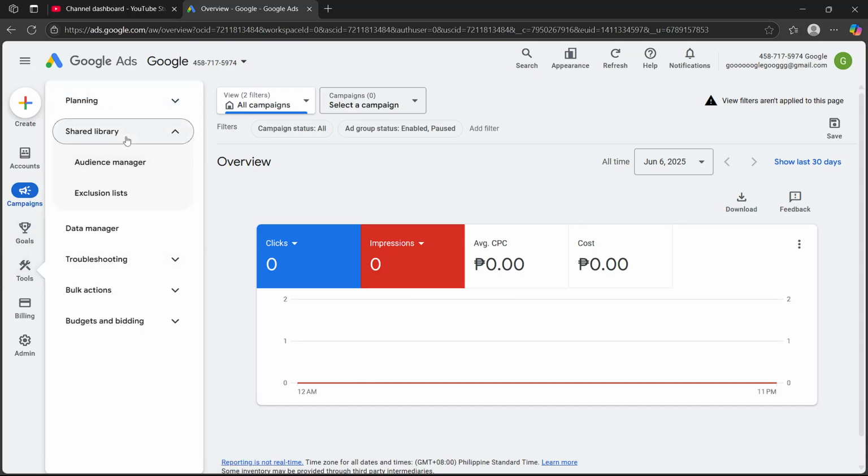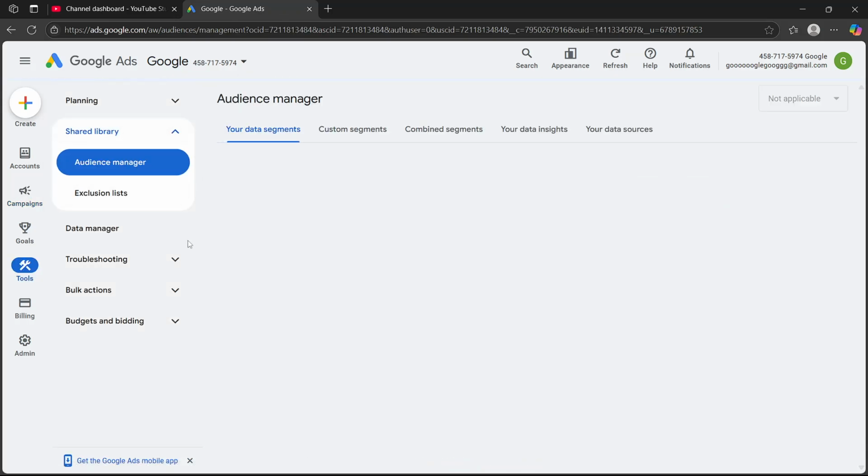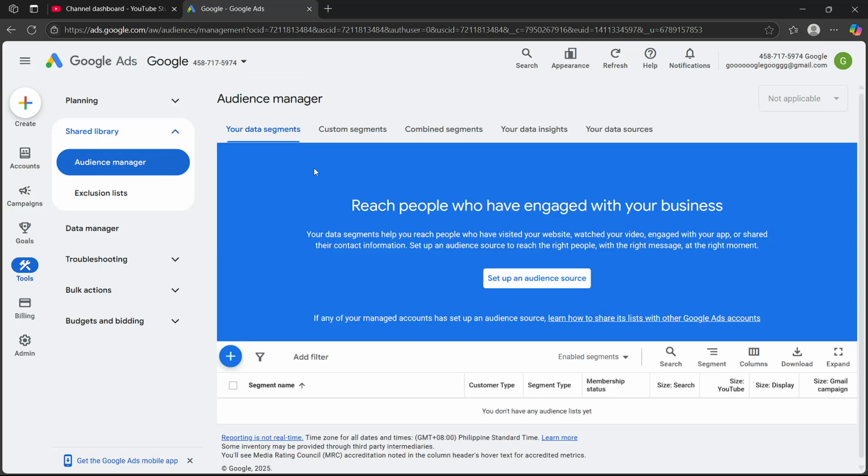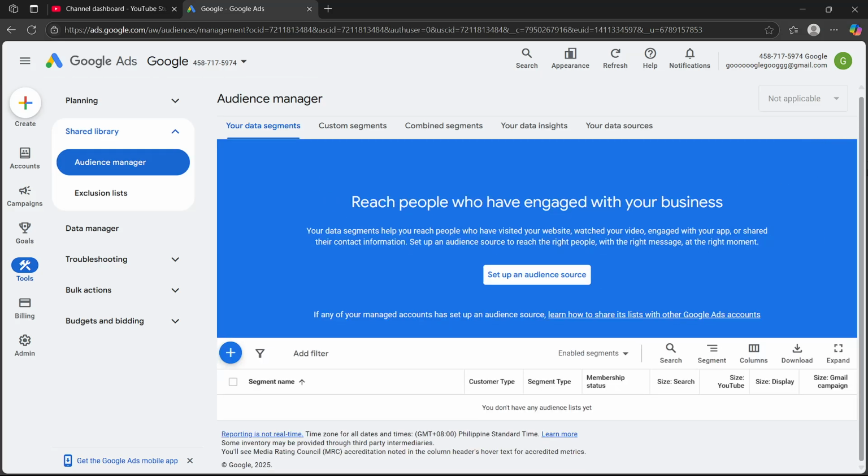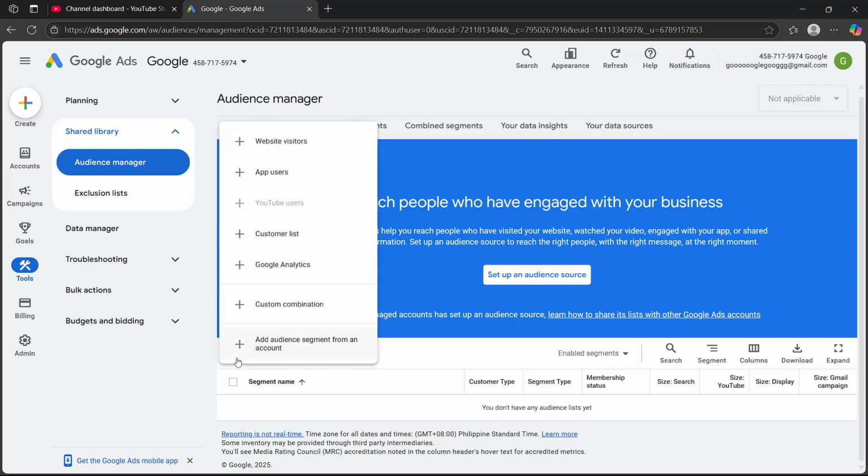And then you will see this option right here, which is Shared Library. And then you will have to select Audience Manager. And then now that you're here, it depends on your version, but you will see this plus button icon right here, and you will have to click on that, and then you're gonna have to choose custom